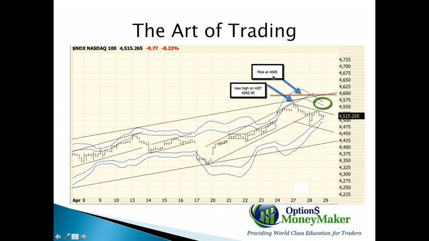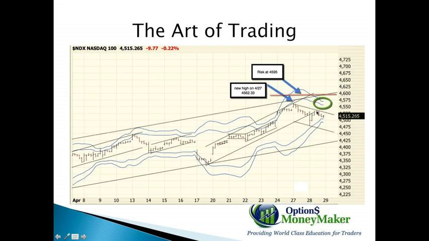So here, our risk is at 45.95. That's where that horizontal line is. That's our risk point. The high that hit on 4/27, which was a 15-year high, we are well above that high, and we have placed our risk point well above the current pricing of the 2 and 3 standard deviation Bollinger Bands. The 2 standard is the inner Bollinger Band, and the outer Bollinger Band is the 3 standard deviation.